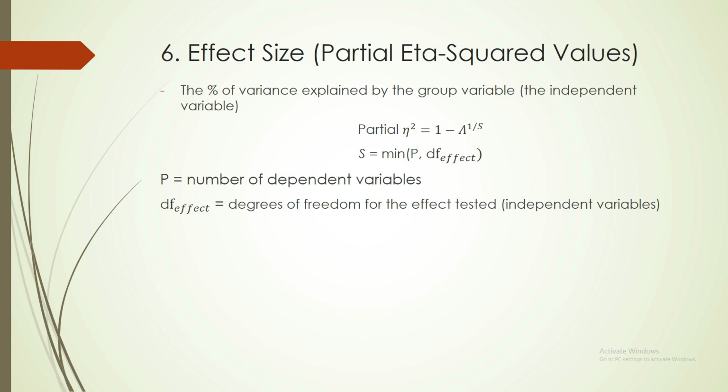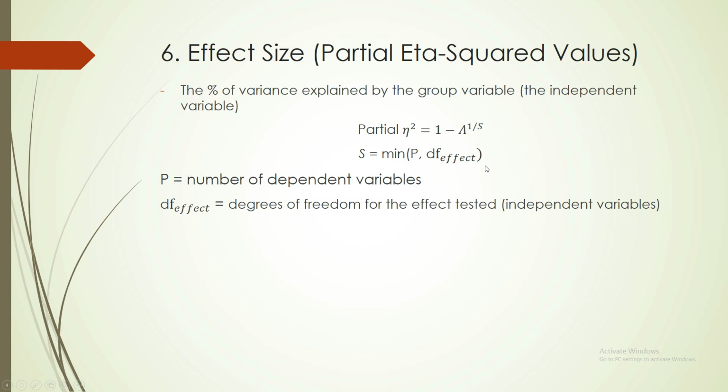So in order to get this percentage, we need to calculate a statistic that's called the partial eta-squared value. And this is calculated by 1 minus the Wilks lambda. That's one of the test statistics for MANOVA. And this Wilks lambda is to the exponent of 1 over s. And this s is whatever is the smaller one of p, or the degree of freedom of any of